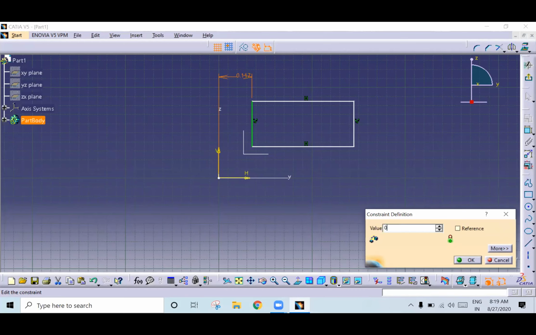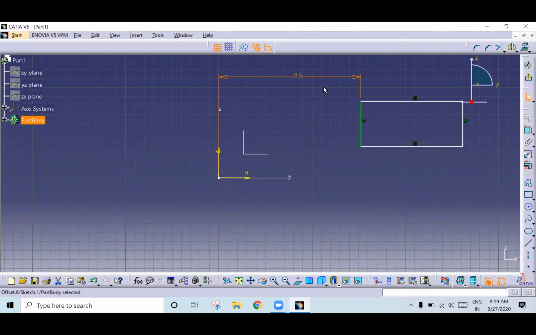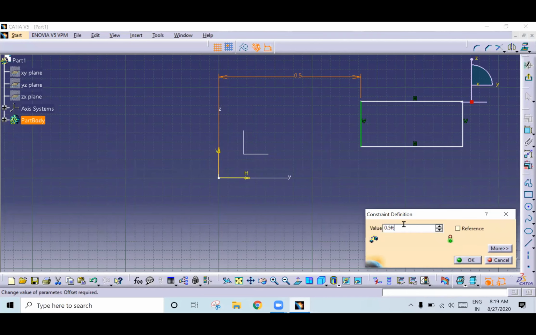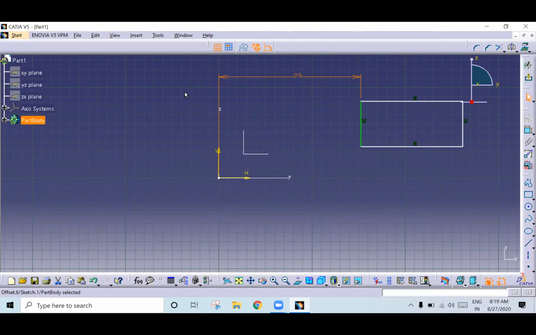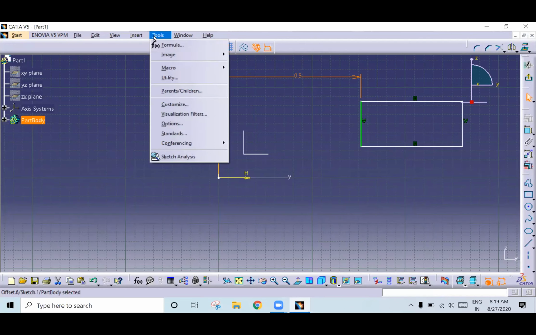The units are in inches. If you double click it, you get feet. How to change the units? Go to tools, options.